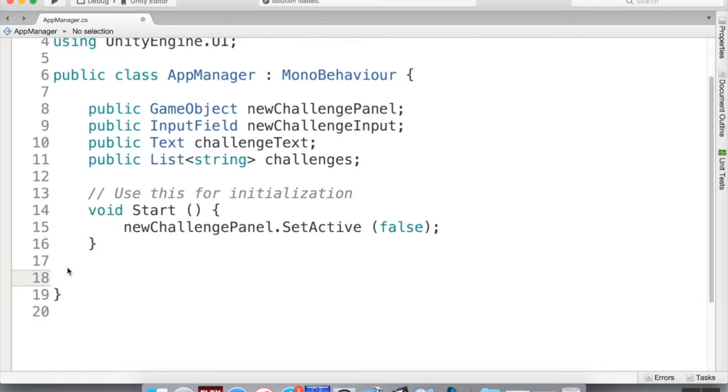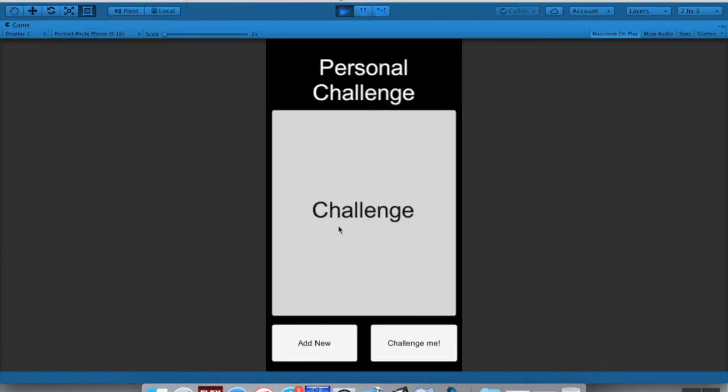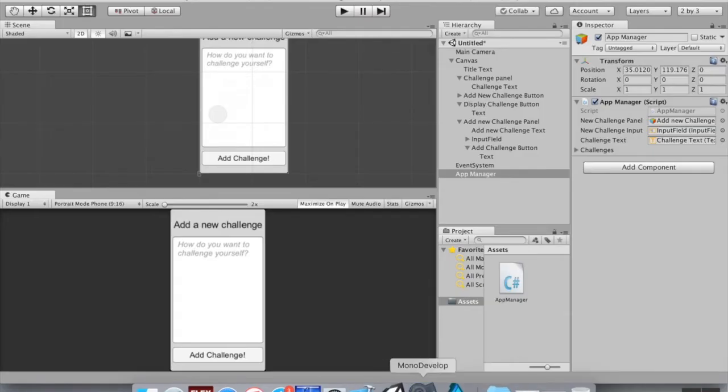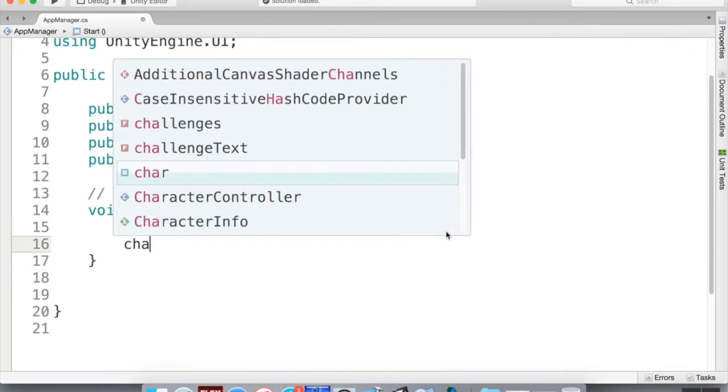Okay, so we're going to create a couple methods for those buttons. The first one that we're going to do is, oh yeah, the other thing I want to do too is, so if I look in here, if I hit play, it's going to think for a second. It says just challenge here. I want this to be empty at first by default until we actually generate a challenge. So then up here in the start method as well, I'm going to say the challenge text